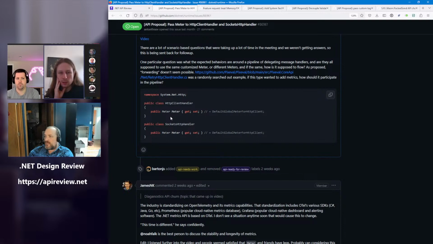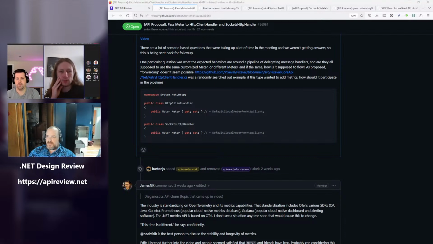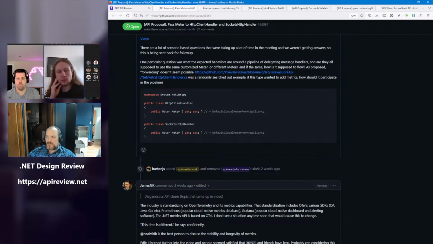The answer is that if any other handler would need to implement some metrics, they don't do the built-in HTTP client metrics. They do their own metrics in that case, which means they would need to use their own meter with its own name. So this feature is specific to what HTTP client handler and sockets HTTP handler does. And this meter is specific to their metrics, to the things they emit.